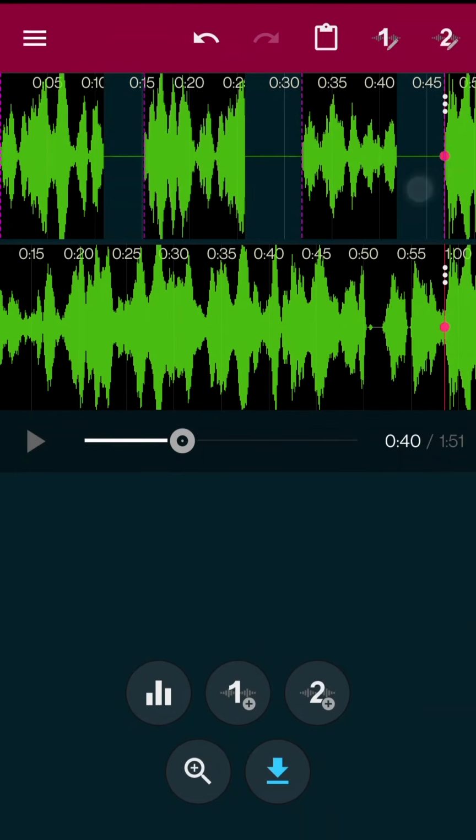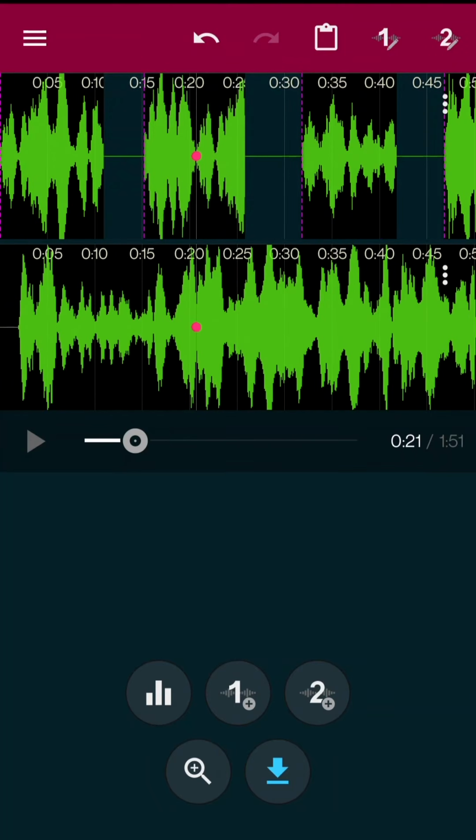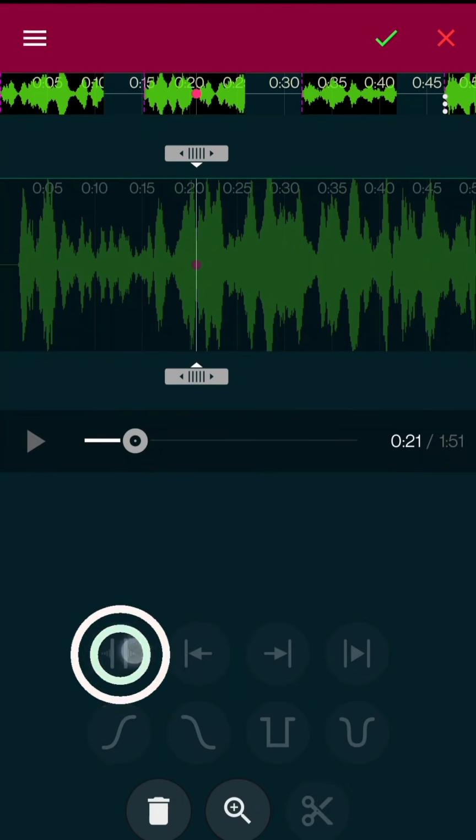Now that we have all the pieces we want to join on track 1, we have to place them alternately on track 1 and track 2. But first, we have to open a space on track 2. To do this, we simply add a splitter at the beginning of track 2 and extend it as far as needed.